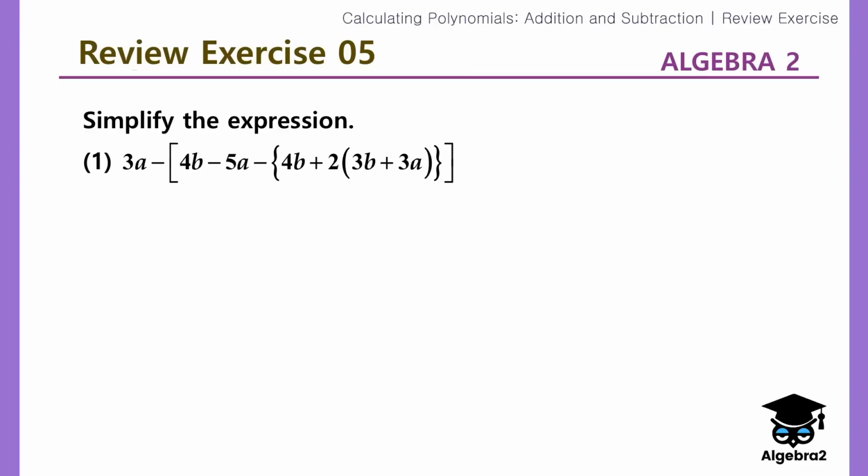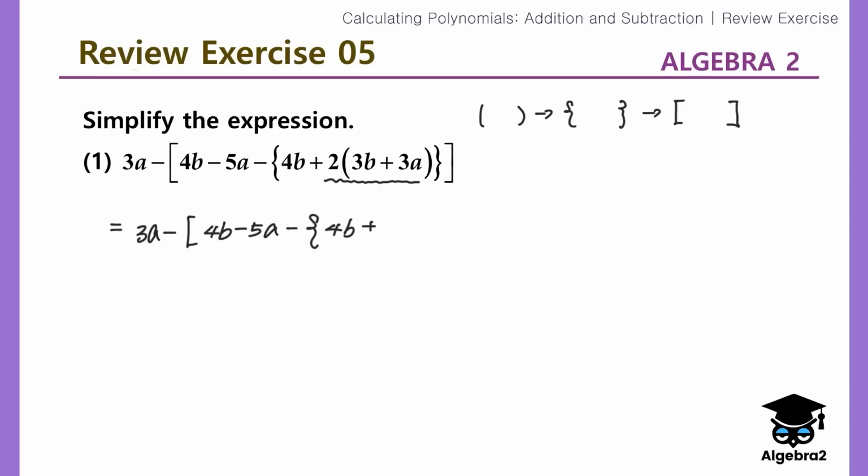Review exercise number 5. We're going to simplify these expressions. So what we have to do is simplify in order, from this parenthesis, this mark, and this bracket. Okay, so let's try this. Number 1 is equal to, here we have 2 times 3b, 2 times 3a, right? So we have 3a minus bracket 4b minus 5a,